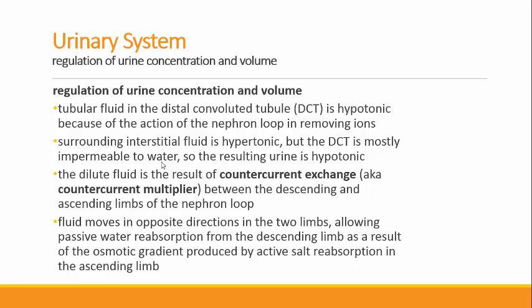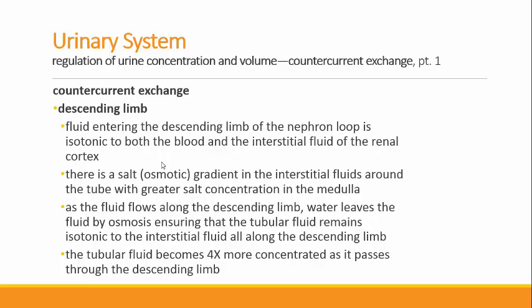So how does the countercurrent exchange work? In the descending limb of the nephron loop, this is where we're pulling water by passive means from the tubular fluid. As we look at the fluid at any point along the descending limb, what we would see is that there is a very small difference between the concentrations of tubular fluid and the surrounding interstitial fluid. But the concentration of salts in the kidney tissues gets more and more concentrated,